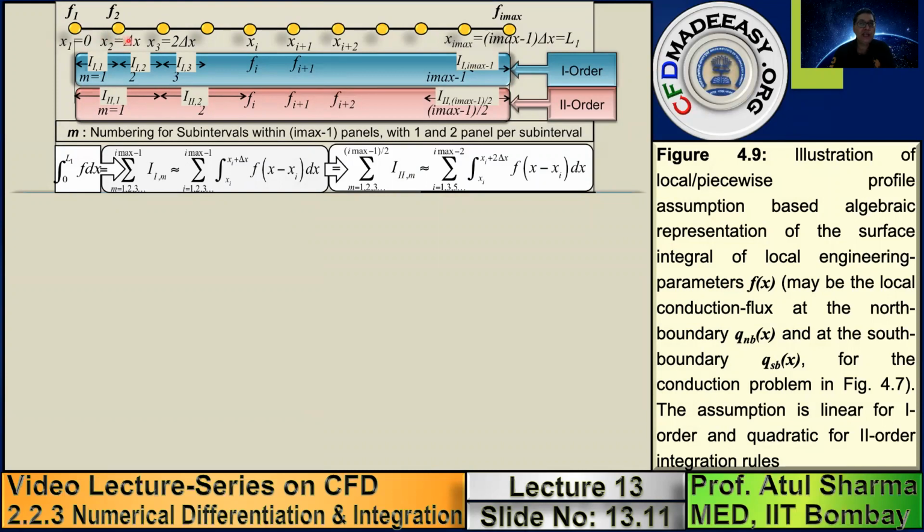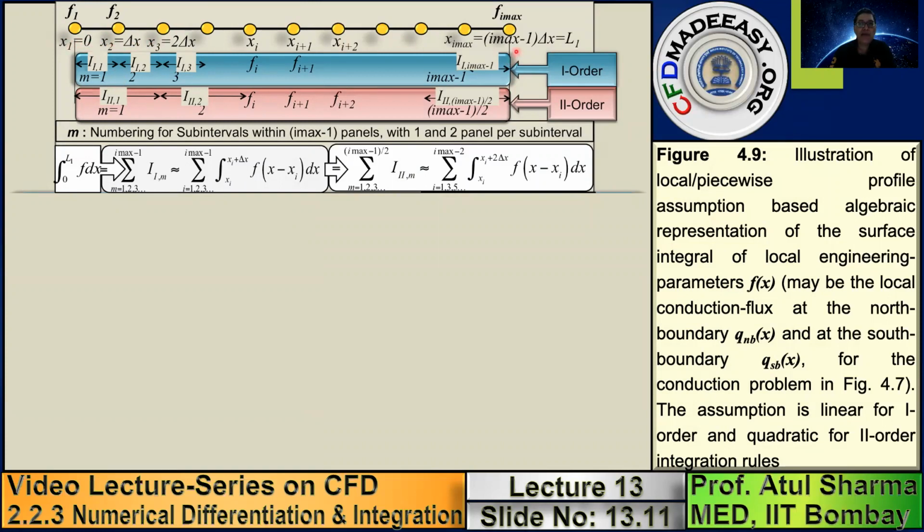we can do piecewise integration, where, if we are considering 2 points and assuming a linear variation between these 2 points, then you take the next 2 points, then you take the next 2 points. If you are taking 2 points in a sub-interval, this is for one panel. This one delta x is like panels. So this is x1, which is 0.